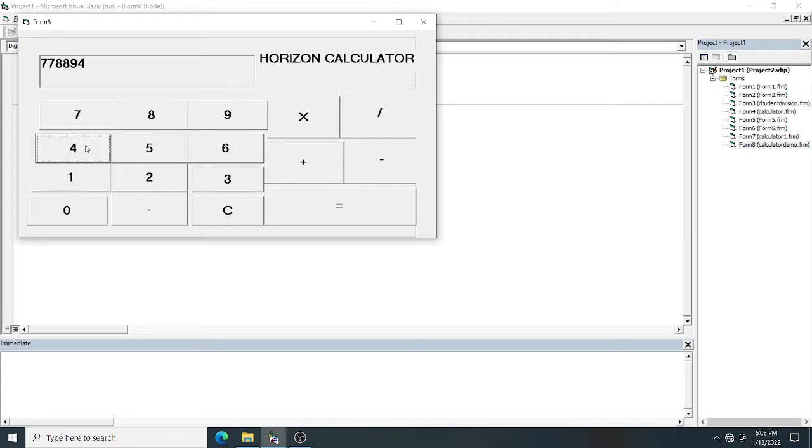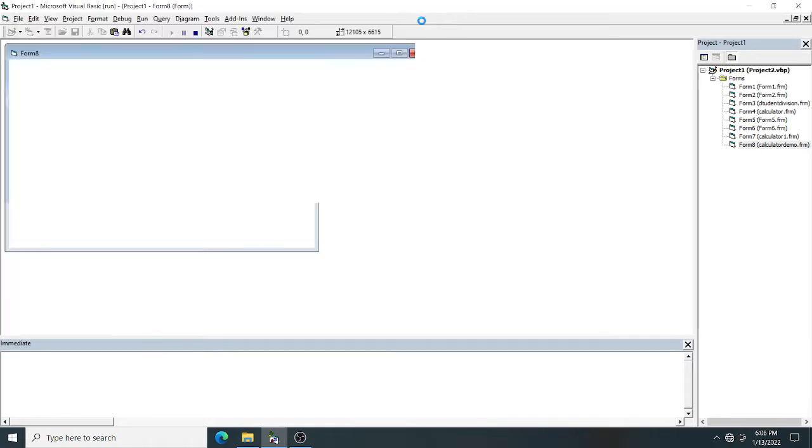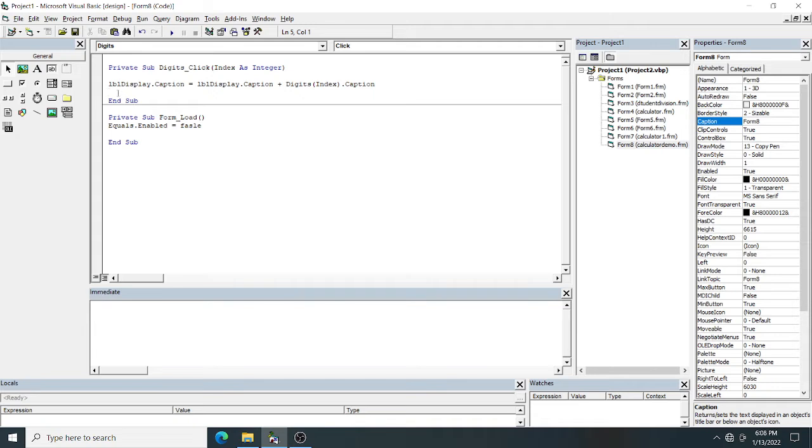Let's see 4, 5, 6. So this is your one number. We understood the code for the button, and only one line of code is there: lbl display dot caption equal to lbl display dot caption plus digit index dot caption.